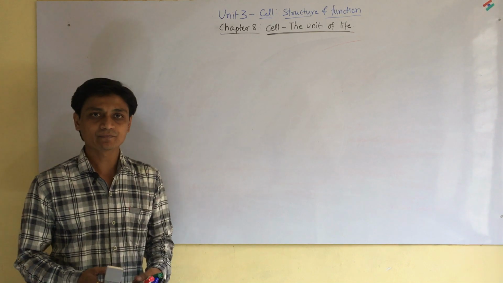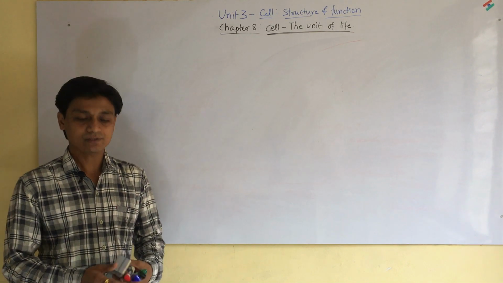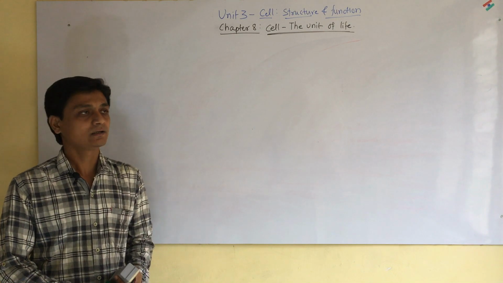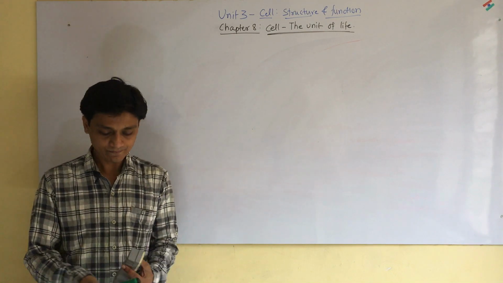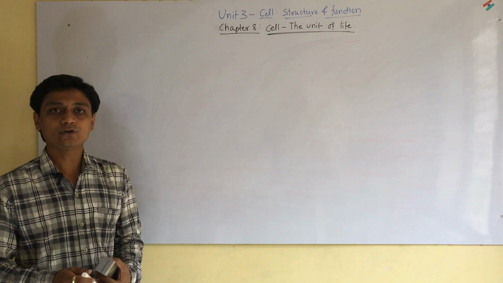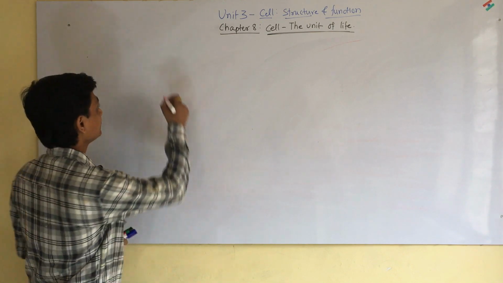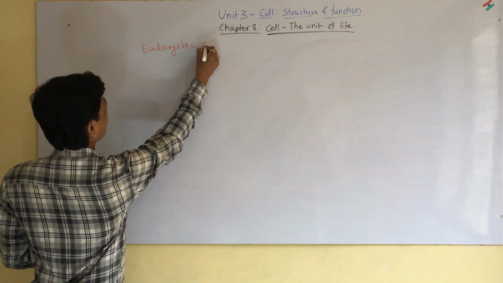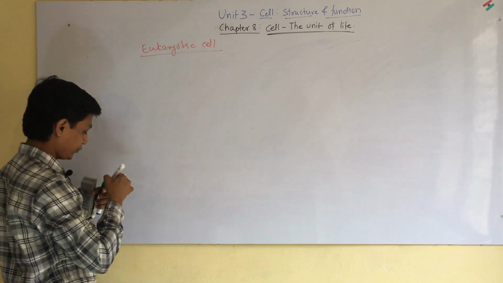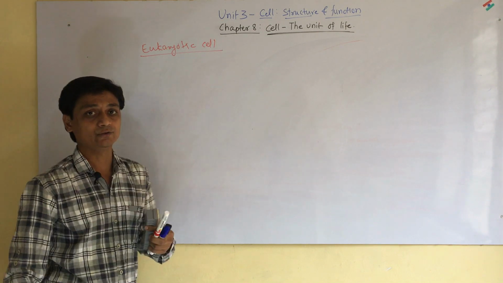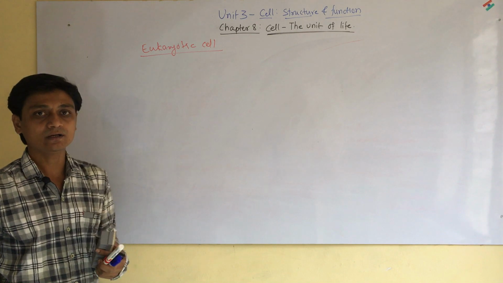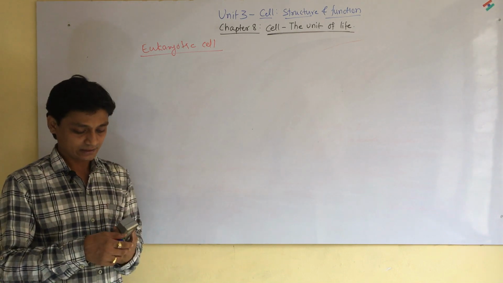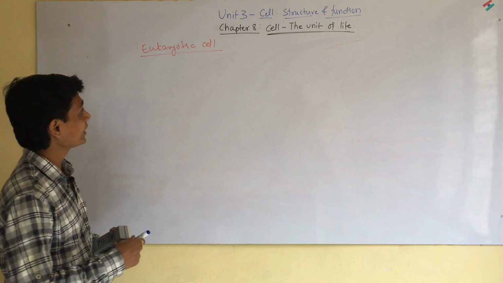Myself Kailash Vilegave. In the last video, we have seen about the prokaryotic cell structure and the components of prokaryotic cell. In this video, we are going to study about the eukaryotic cell. As we know, eu means true, karyon means nucleus. The cells which have a true nucleus are known as eukaryotic cells, and this eukaryotic cell contains four kingdoms, that is